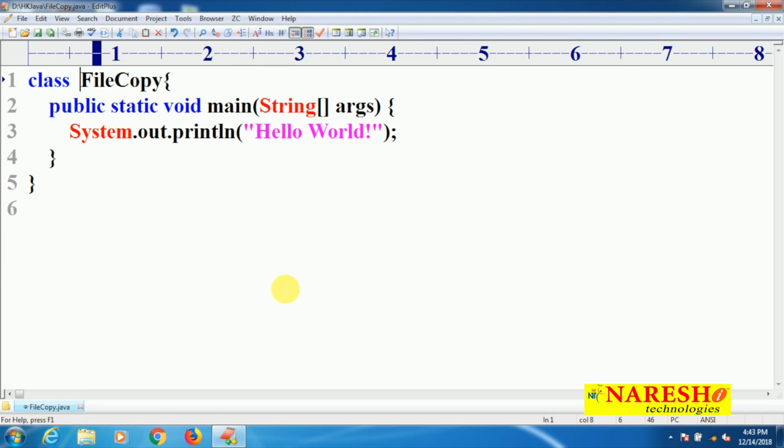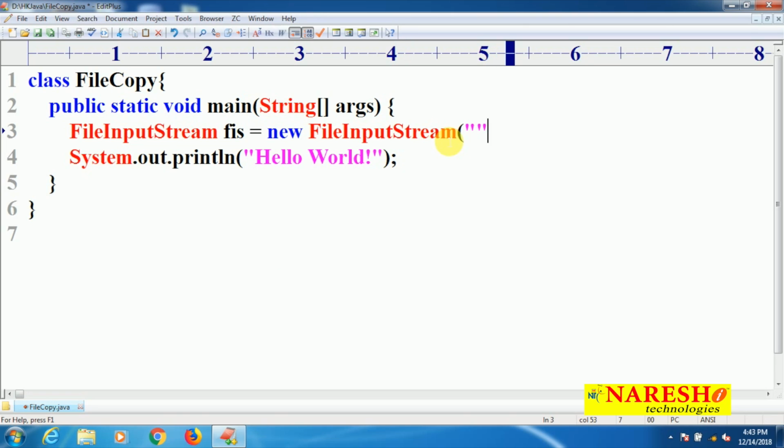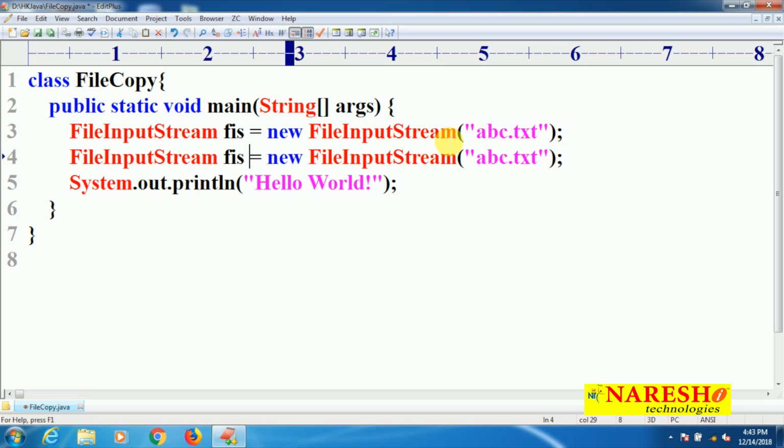Now, what is the first step? We must create a FIS object, file input stream FIS equal to new file input stream of double quotes. What is the source file we want to choose? abc.txt. Then we have to create file output stream class object, copy this above line, change it to